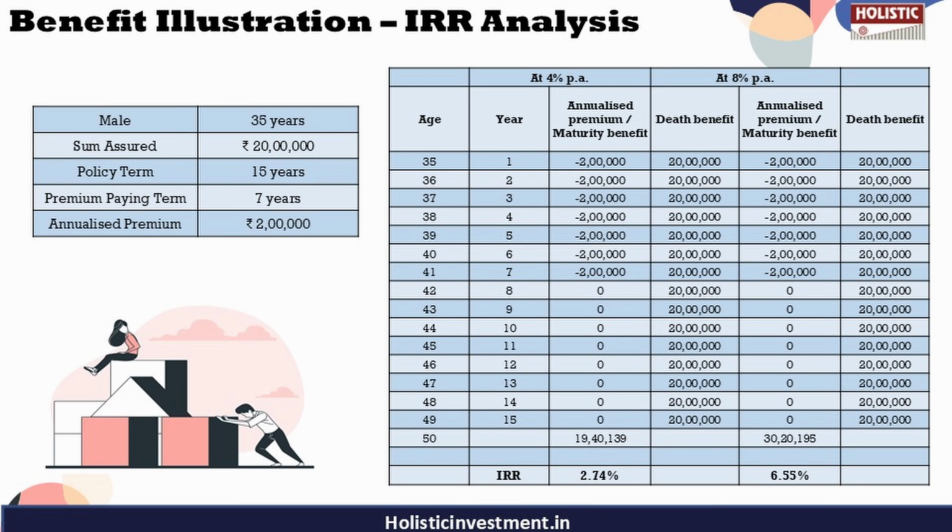Here in the brochure, they have given us assumed returns of 4 and 8% per annum purely for demonstration purposes. These figures are neither guaranteed nor indicative of actual outcomes, as the fund value is influenced by market performance and other variables. This is just to show you how this policy can perform in worst and best case scenarios. Provided all the premiums are paid, the maturity benefit is equal to the fund value. At an assumed return of 4%, the fund value stands at 19.40 lakh, translating into an IRR of just 2.74% as per the policy's maturity calculator.